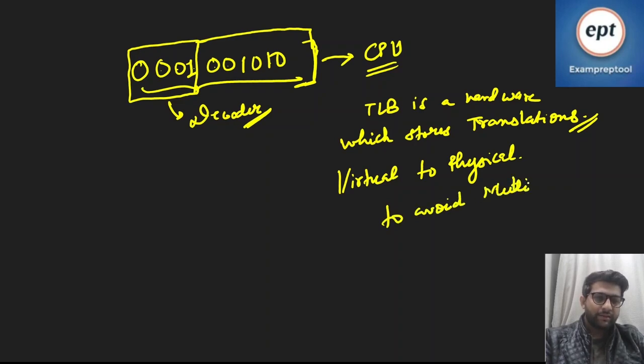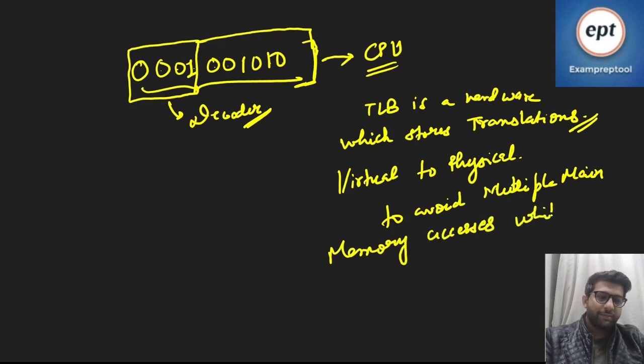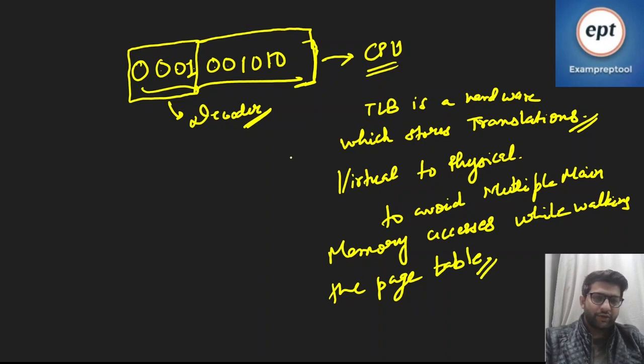multiple main memory accesses while walking the page table, right? So if we have a multi-level paging, then we need to access the memory multiple times, right? And to avoid that, we cache these address translations in a TLB. So this is also hardware in the main memory or the memory management unit,